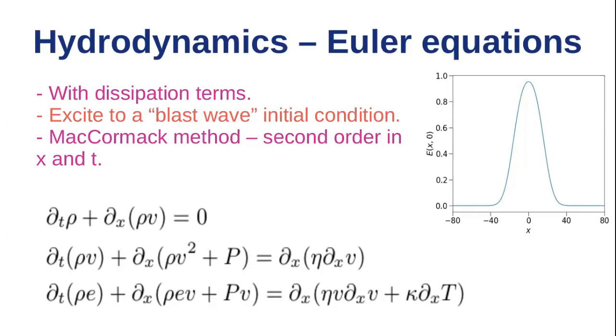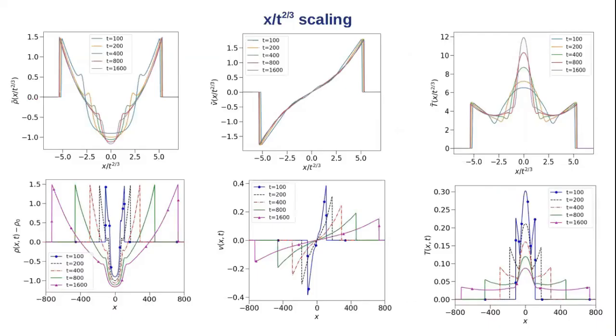So now what we have done is, with the blast wave initial condition, with energy given by this, uniform density and zero velocity, we have evolved this system and we find the following scalings, the following solution, in fact. In the bottom three panels, one can clearly see the evolution of the system. So the system at t equal to 100, we see that